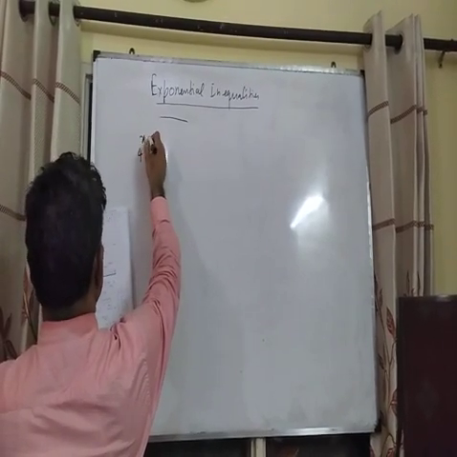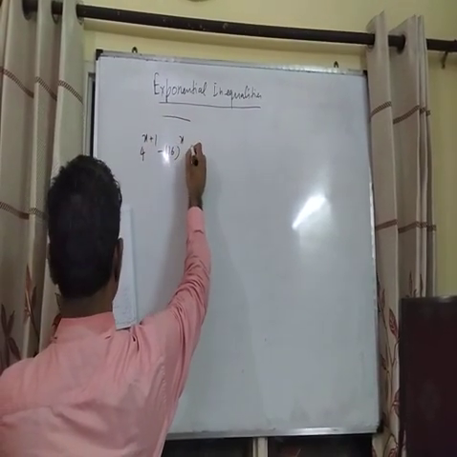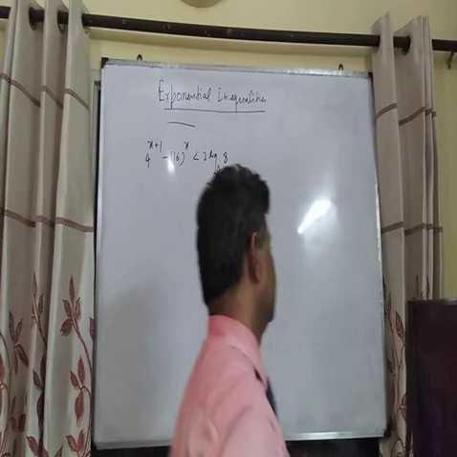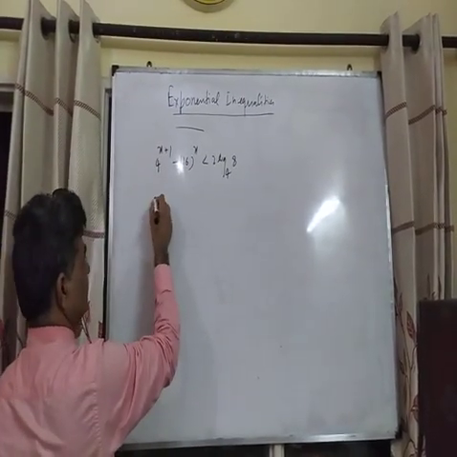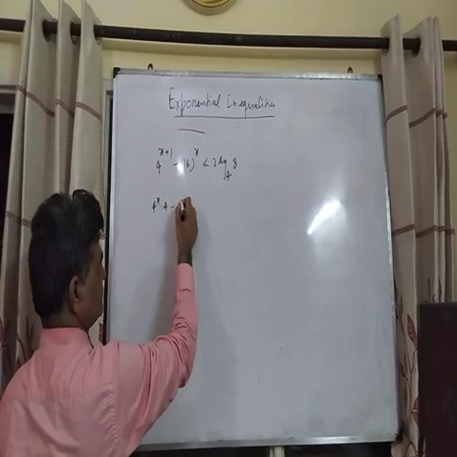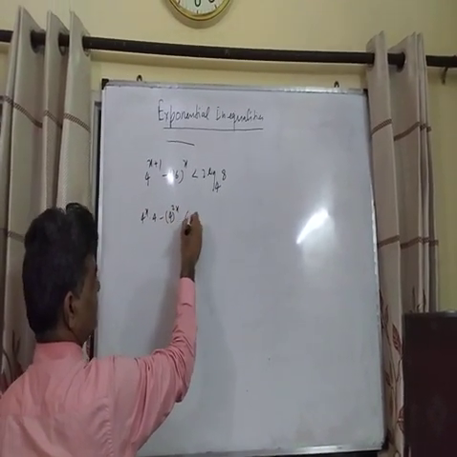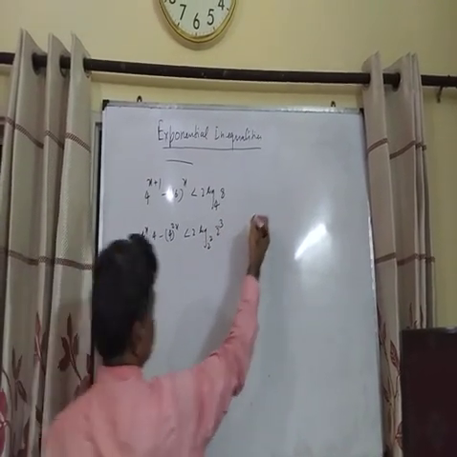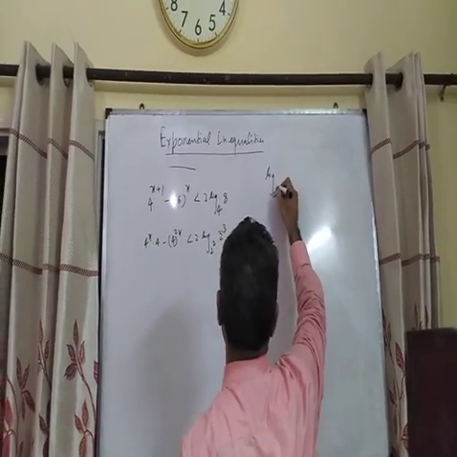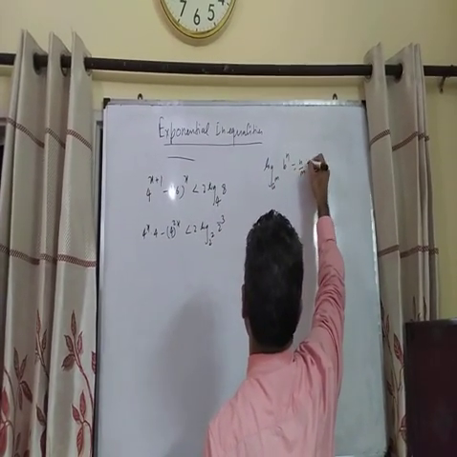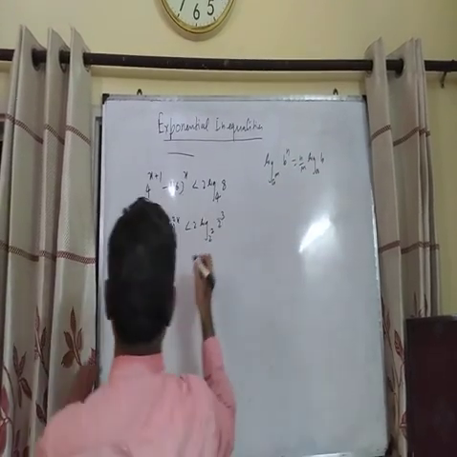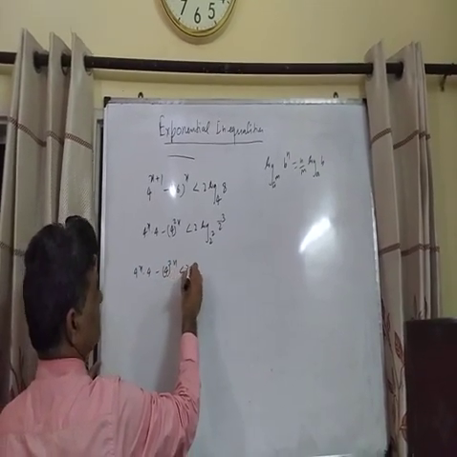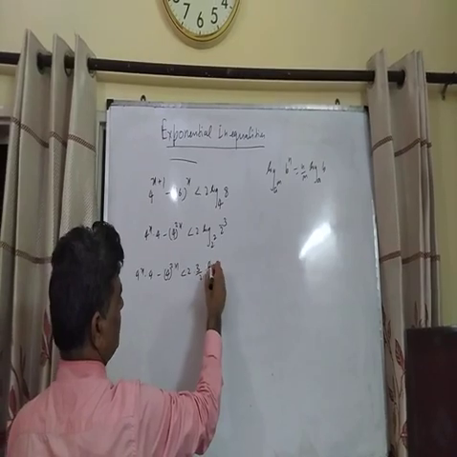4 to the power x plus 1 minus 16 to the power x is less than twice of log base 4 of 8. Now see, we can write this as 4^x into 4, and this is 4 to the power 2x, and this 8 is 2 to the power 3. So we are again going to utilize the property of logarithm, a to the power m, b to the power n, so n by m log base a of b we can write. So 4 to the power x into 4 minus 4 to the power 2x is less than 2 into 3 by 2 log base 2 of 2.